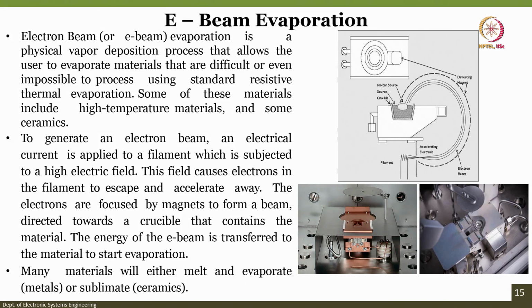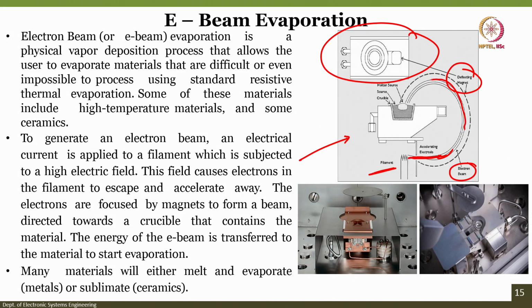You can see this schematic: you have a filament where the electrons are generated, then accelerator electrodes to accelerate the electron beam, and a deflecting magnet which deflects the electron beam, and the beam will be focused on the crucible that contains the